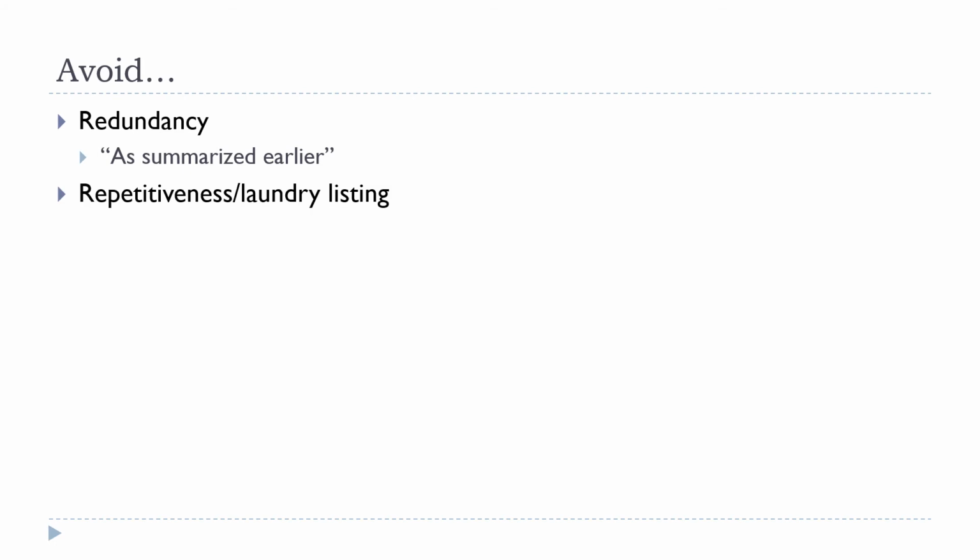Along those lines, general repetitiveness and laundry listing is another thing that you might want to think about as you're working on your paper. It's a natural tendency as people are first starting to describe and explain research to take a laundry list approach. Here's study A, here's their methods, here's their results, here's how it links to my hypotheses. Here's study B, here's their methods, here's their results, here's how I'm linking it to my hypotheses. That can get really boring to read, and it's not necessarily how papers are written. So keep in mind you want to avoid that sense of laundry listing when you're writing your paper,